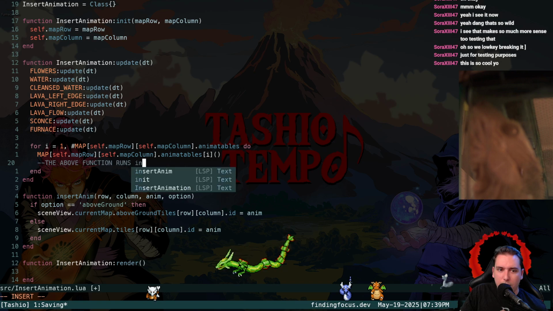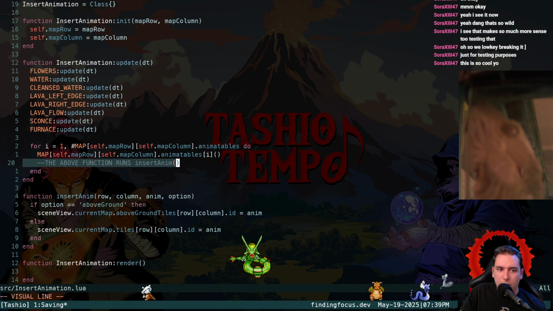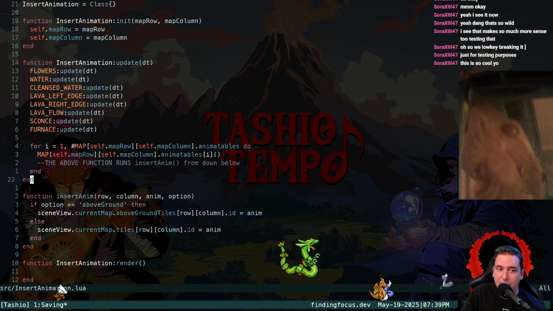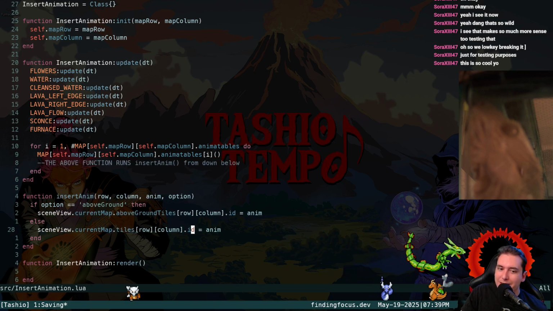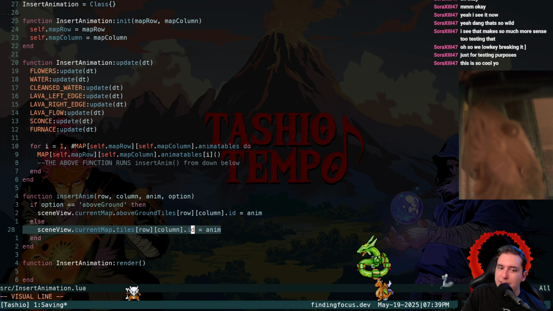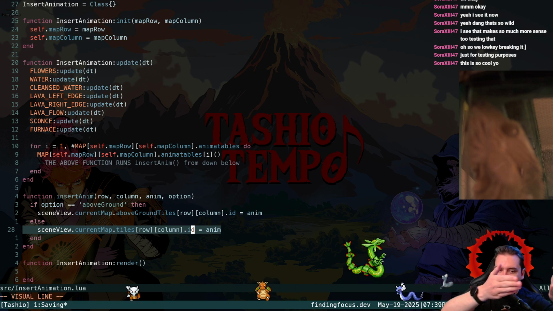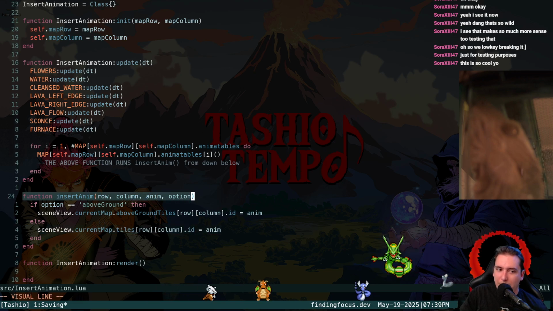runs insert anim from down below. I don't think it makes much sense to have it here, but this is just how we have it. And basically all it's doing is changing the .id field of the tile table of our scene view's current map, which is just whatever scene we're looking at. Whatever tile ID we're looking at gets a new tile ID of whatever this anim turned out to be,